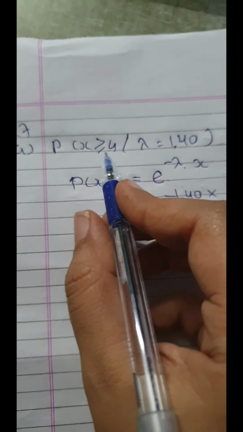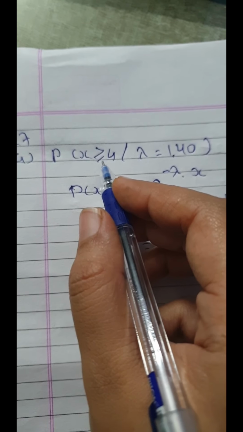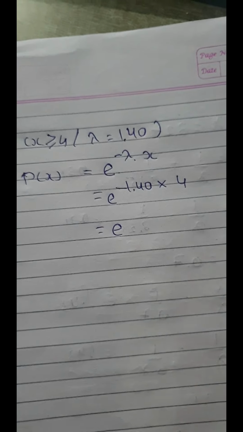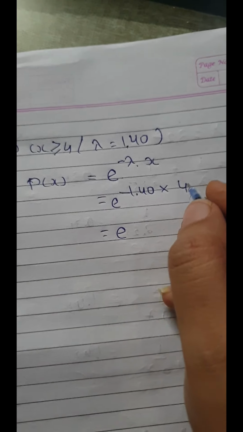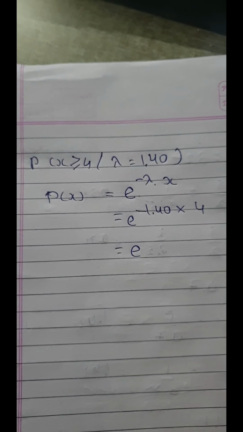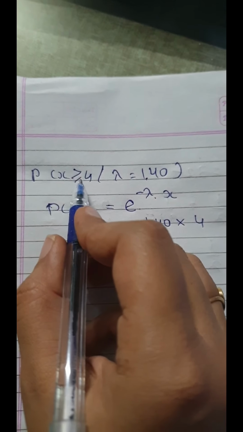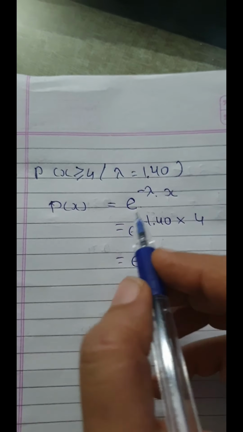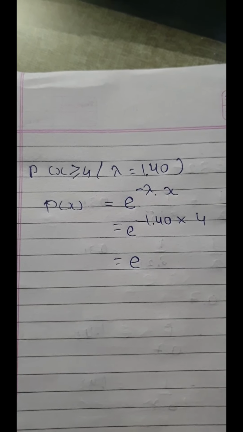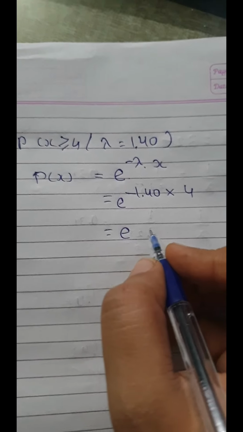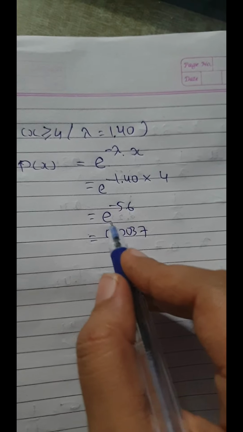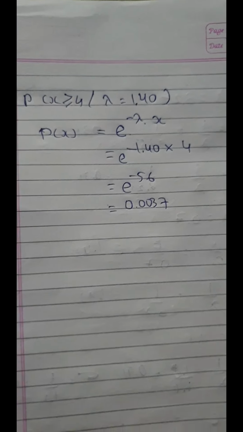If you are asking why greater than, if they are showing greater than or equal to, then you are not required to go for 4, 5, 6 and so on. In the exponential distribution you have to just mention the 4. The greater than sign is the one sign for you to decide the formula, right? In case of the greater than sign, the formula is this one. If less than is there, I will show you in the second question, which has the less than sign. So here 1.40 into 4 is 5.6, and that value I have taken from the e table, right?